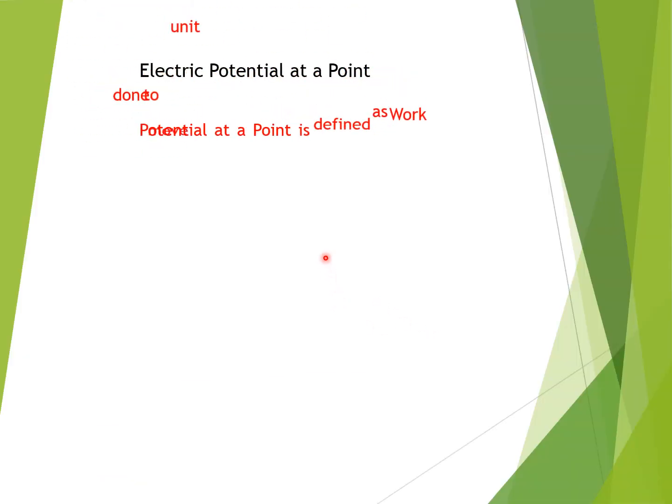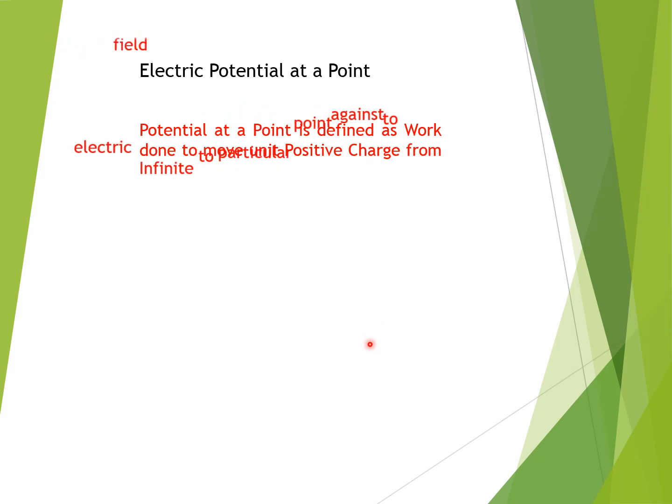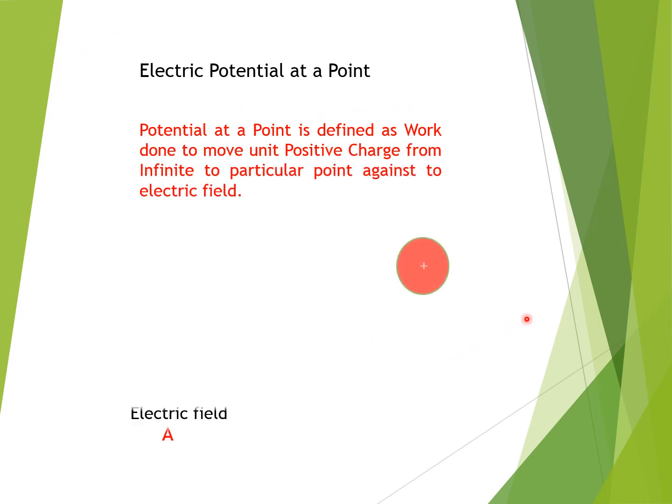See, what is meant by electric potential at a point, at a single point? Look carefully at this animation. I brought the unit positive charge from infinity to the particular point within the electric field. So a certain amount of work is done to bring the unit positive charge from infinity to that particular point, and that is known as electric potential at a point. This is also measured in volts.